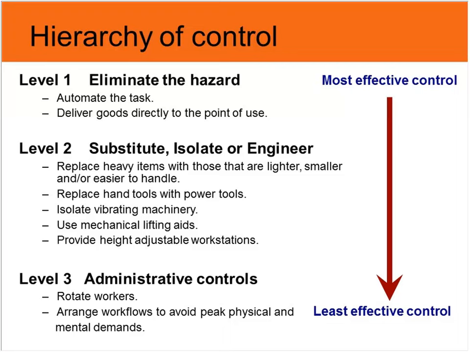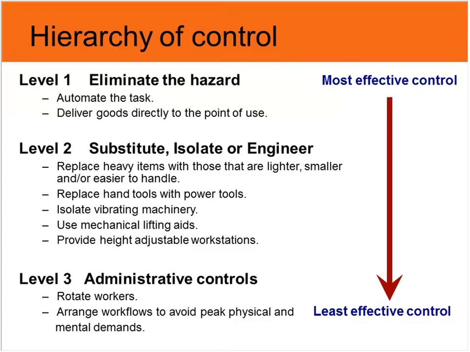You can see that administrative controls are level 3, they're right at the bottom. So your admin controls should really only be used when there's no other practical control measure available, so they're really your last resort. They can be used as an interim measure until a more effective way of controlling the risk can be implemented. And they're also actually quite useful as a supporting type of control to support higher level control